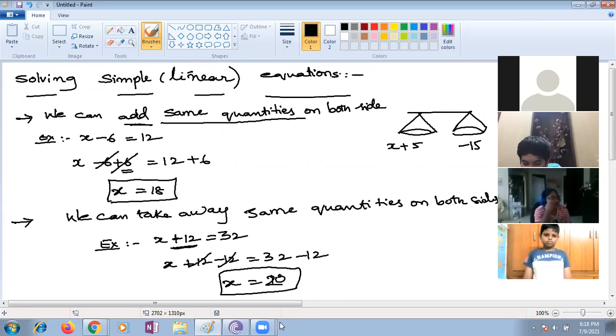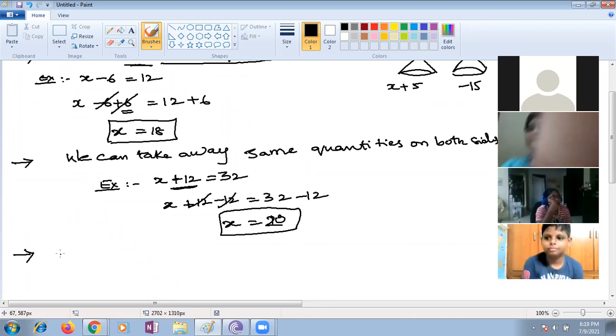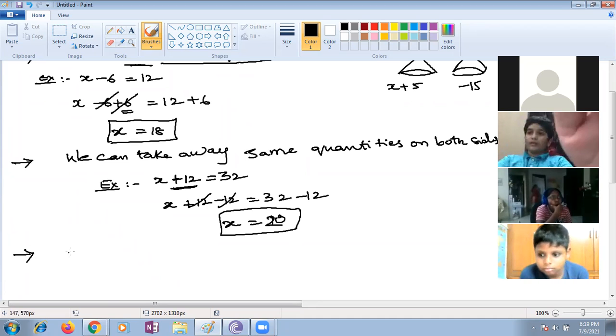We can multiply one example, so that children can understand. But anyway, at the end we'll go with a simple technique, what is called a transpose. You are always calling it a transpose. Plus becomes minus, minus becomes plus, multiplication becomes division, division becomes multiplication. The children may not question it, because what the teacher gives, they will listen to and understand. But it is happening.